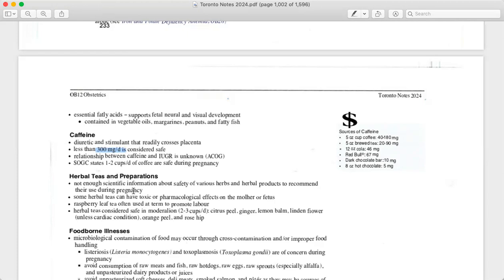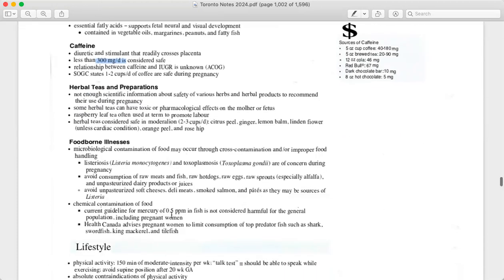Herbal teas, she can definitely take herbal tea in moderation, like 2 to 3 cups. Food-borne diseases, you can just tell them not to eat contaminated or raw food. Chemical contamination, and the guidelines for mercury, 0.5 ppm in fish is not considered harmful. So if somebody is living in a certain type of area where they need to